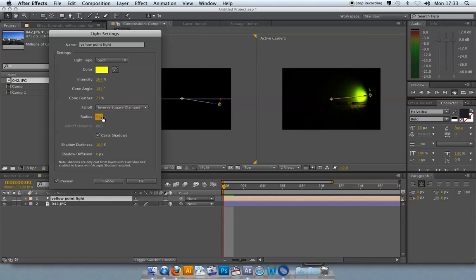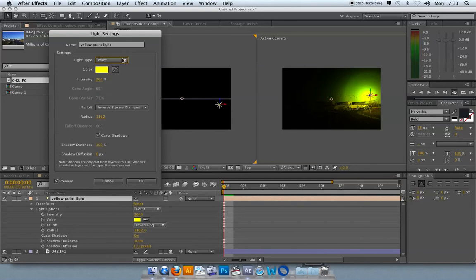Now, and up the radius to give it more illumination on the object. Okay, so you can start to see now the spotlight is working. It's shining from a particular direction, or from a particular place in a direction. So if I bring the cone angle down now, you'll see a more focused spotlight. So that's a really narrow angle there, and that's giving me a very narrow beam of light being cast onto that. Now if I change this from spotlight to point light,